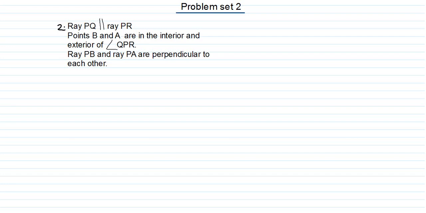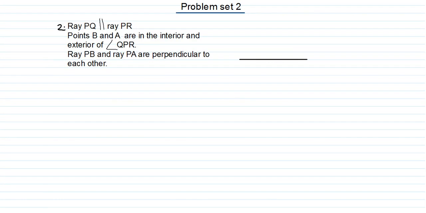The question is ray PQ and ray PR are perpendicular to each other. The figure is not given over here. We are supposed to draw the figure. So let's draw ray PQ and ray PR perpendicular to each other. Before drawing, just see that these two rays have a common point, that is point P. This point P is a common point, meaning both the rays will start from this point P. We'll draw the rays.